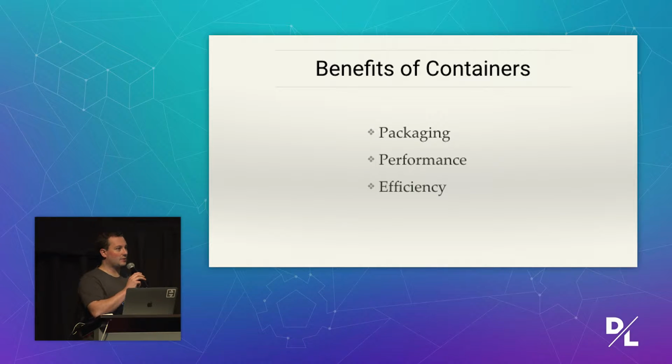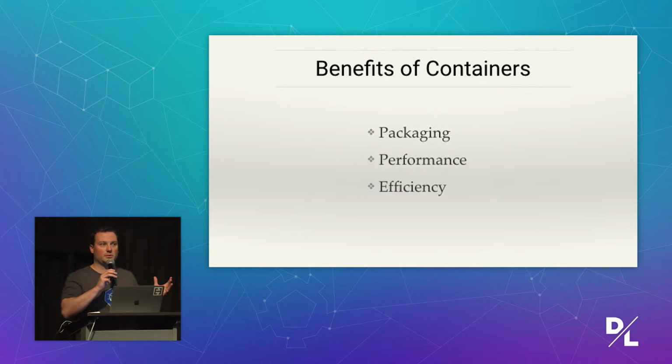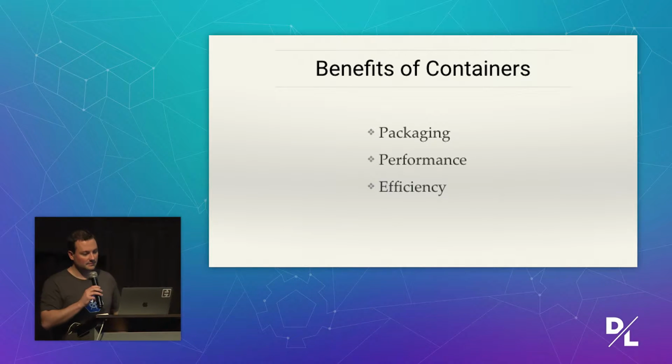Performance. So if you have your own data center, because containers don't have that operating system layer and the hypervisor, the processes you have in your containers are going to have near bare metal performance. That's awesome. You're going to get so much bang for your buck out of your underlying systems. Even if you're not running in your own data center, because containers are able to start up so quickly, you can very easily dynamically scale your systems much faster. And you're not necessarily tied to the scalability of your cloud provider. So if you provision 10 virtual machines, you can scale your smaller applications, maybe your front-end application. You can scale it independently of your databases.